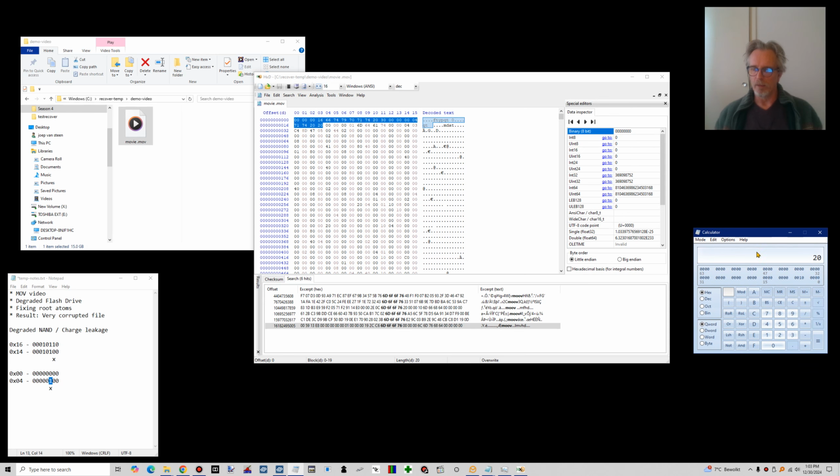I am lazy, and I'm going to do conversions in the little calculator so you can see it as well. Oh, I'm doing it the wrong way around. Okay, so this is a decimal value, so the length is 20 in decimal. I want to know what the length in hex is. It's 14, and that's